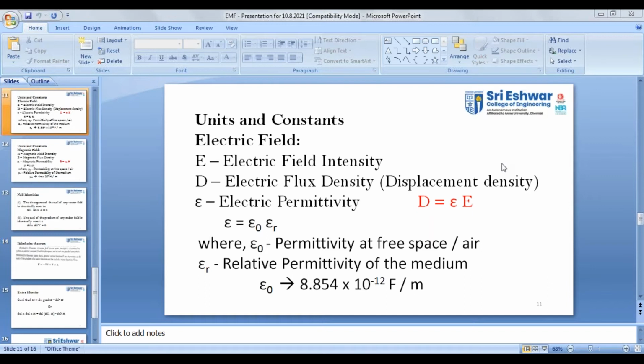See, its equivalent value will be given by 1 divided by 36 pi into 10 to the power plus 9. Okay, 1 by